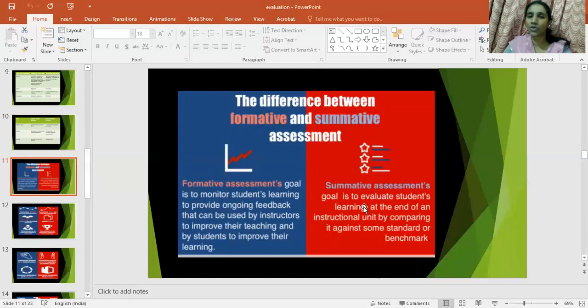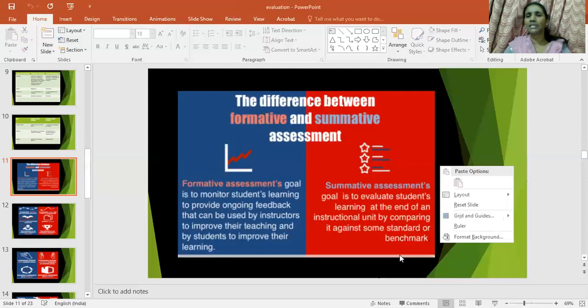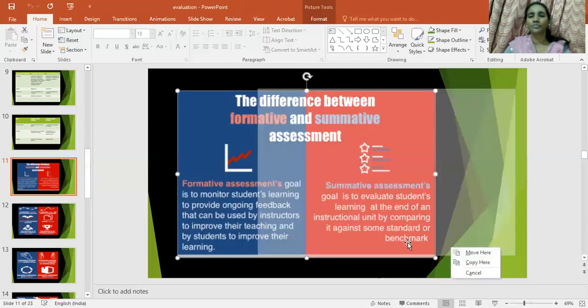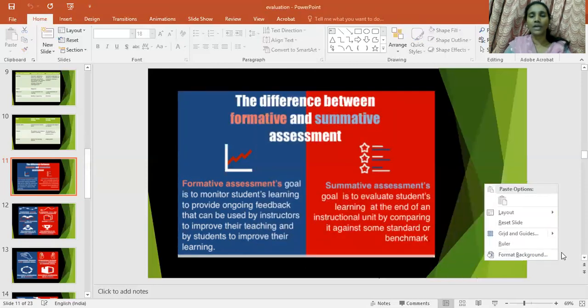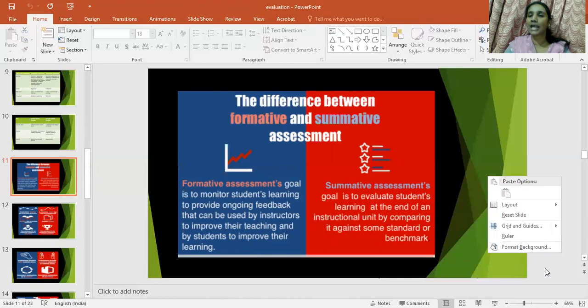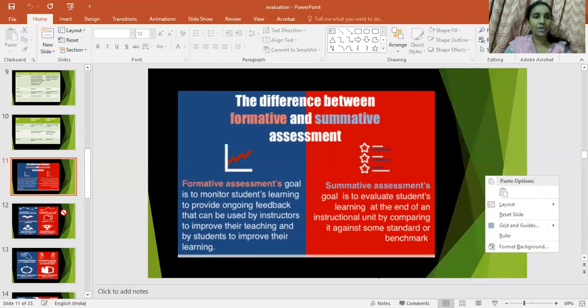Summative assessment's goal is to evaluate students' learning at the end of an instructional unit by comparing it against some standard or benchmark. Here we are going to assess the students at the end of the term. And the next point in this is